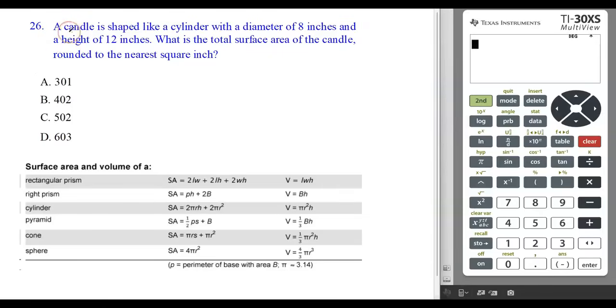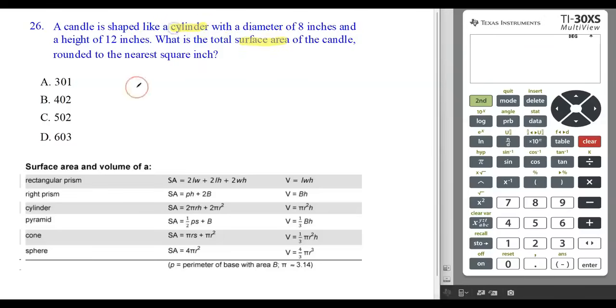Question 26. A candle is shaped like a cylinder with a diameter of 8 inches and a height of 12 inches. What is the total surface area of the candle rounded to the nearest square inch? So I'm looking for the surface area